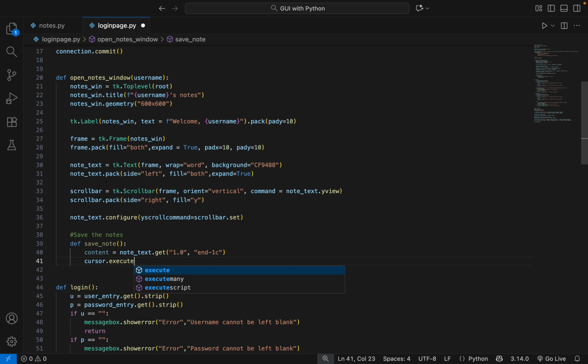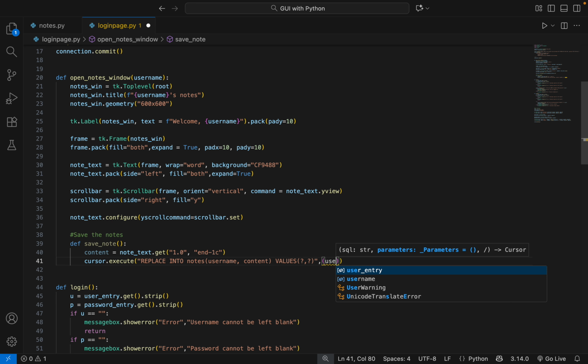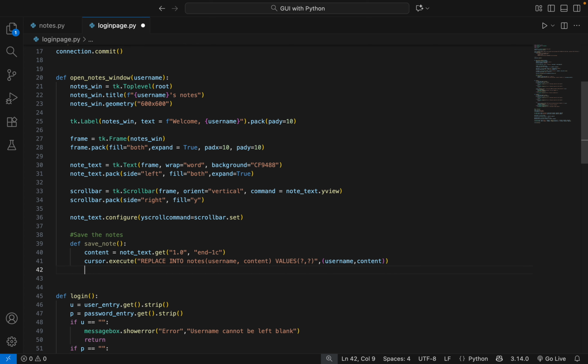So when you have read the entire line, you replace into notes the username and the content. So whenever you update the notes, like if you delete something or whatever, it just basically takes the most recent copy of the notes and replaces whatever was stored earlier. That's why I'm using this replace function rather than updating it. So you do that, username, content, values, question marks, and then that would be your username and your content of the notes. Okay, and of course, since I have done something like an update operation, I'm going to commit